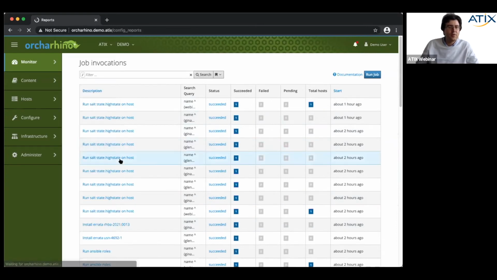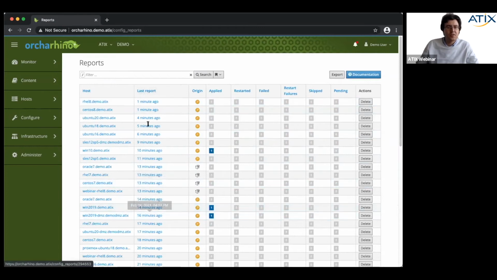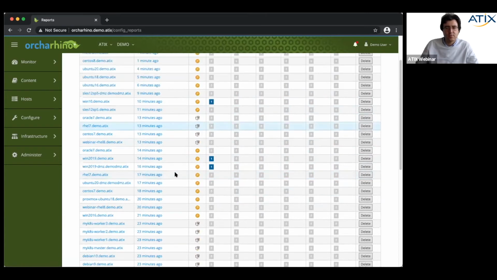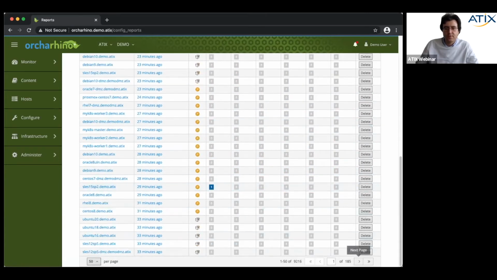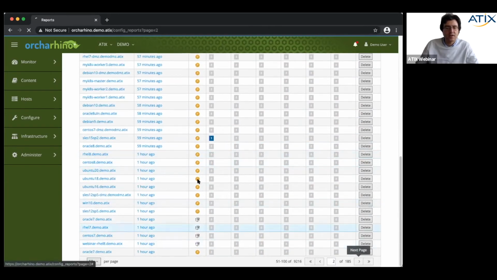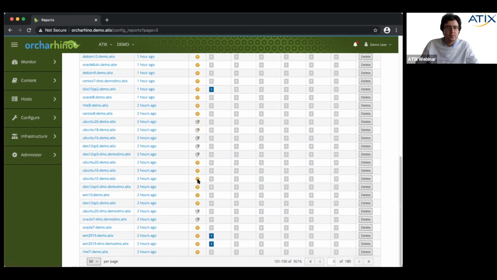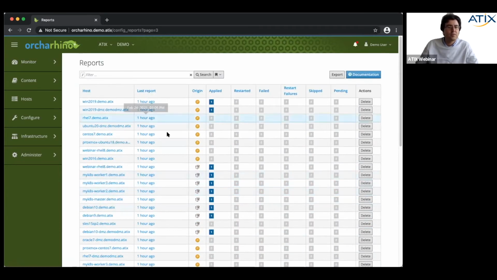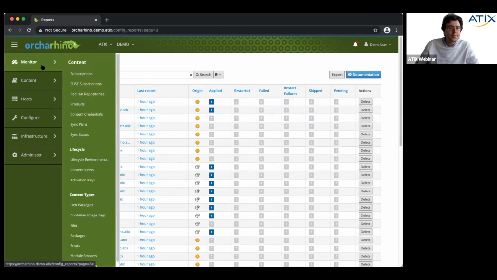Here we have an overview over all recent reports for our servers, but we also can have a look at them individually for every server independently. So we see here, we have a Puppet report, we have here a Salt Stack report. And if we go back a bit further, we should be able to find an Ansible report. Okay, apparently we haven't done an Ansible run. I also will show you a different server then.